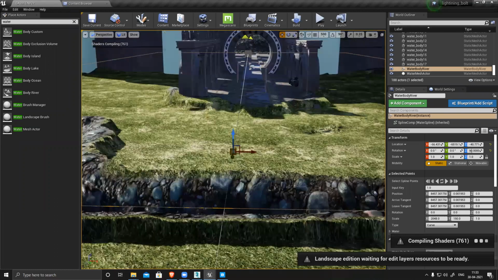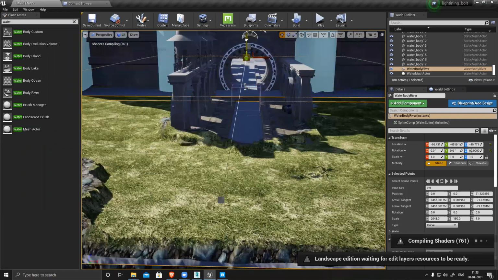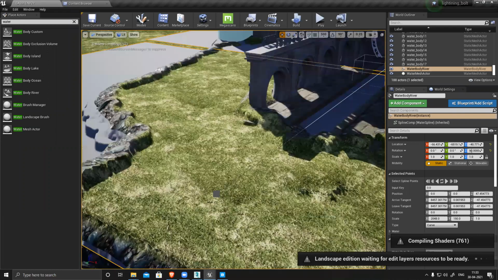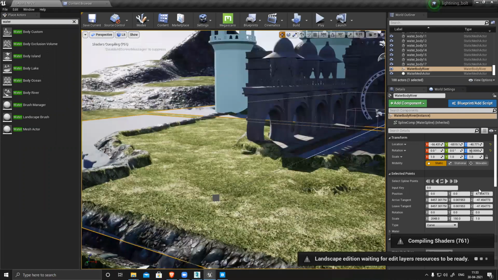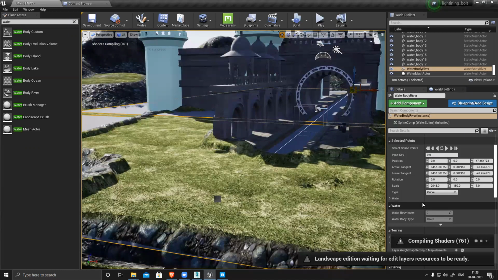No, no, it's enabled. It's compiling. Okay. So in my case, I designed the entire landscape and then I added water and I had forgotten to enable edit layers. Yeah, that's why we have to make sure we enable it, otherwise it won't work. Yes, sir.